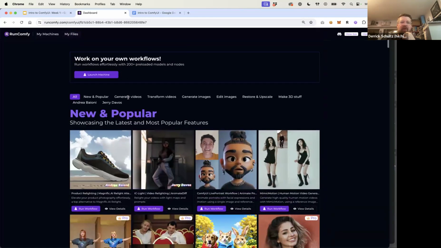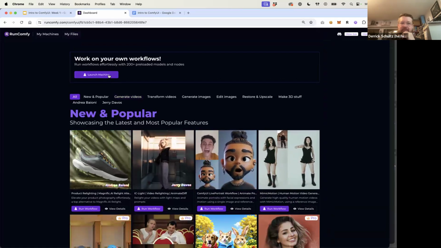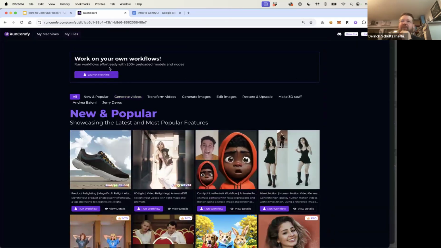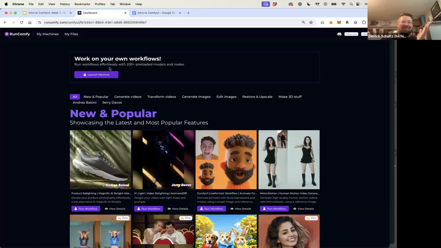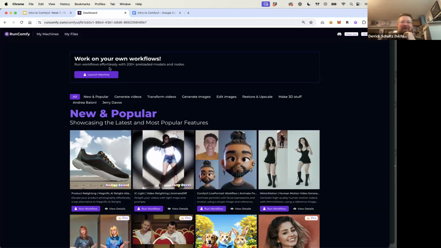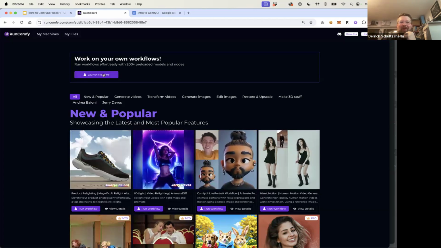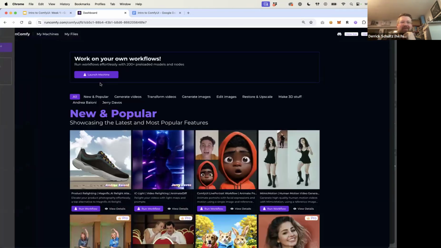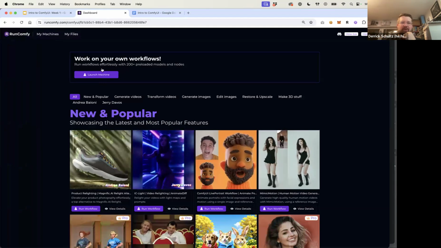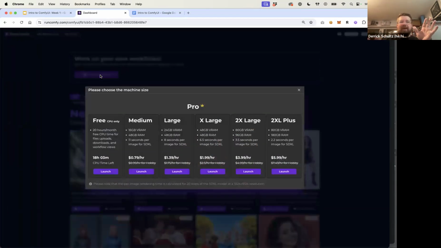The main thing we're going to do here is launch a machine. And you do that just at the top here. Their UI for all this stuff is pretty terrible. I don't know why. It's like the bread and butter of this company. But Launch Machine is the only way you can launch a machine. You can go to My Machines, but you cannot actually launch a machine from here. So you have to go to the very top of the page and just hit Launch Machine. We won't do this just yet. I think we'll take a little break and then we'll come back and get started actually using Comfy.